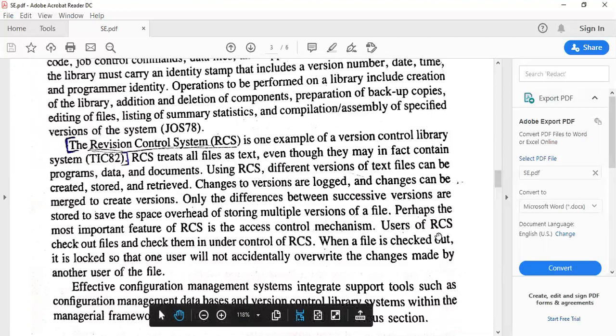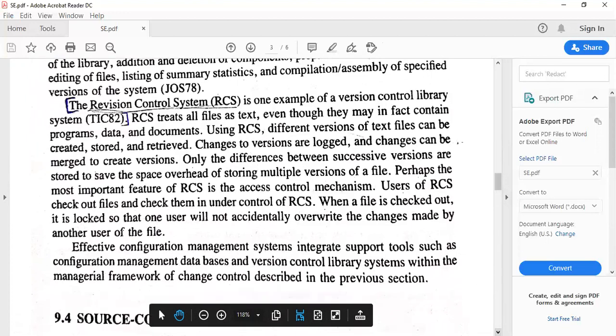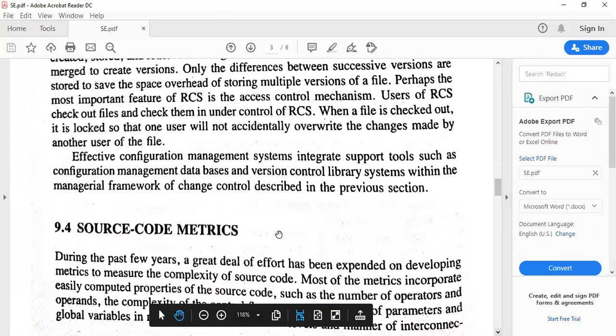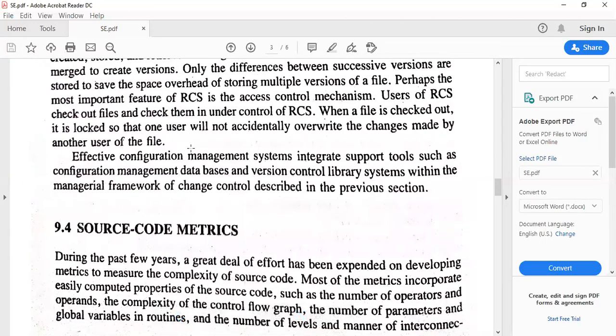Users of RCS can check out the files and check them in under the control of RCS. When the file is checked out, it is locked so that one user will not accidentally override the changes made by another user. When one user is reading a file of an RCS, another user will not be allowed to use the same file.